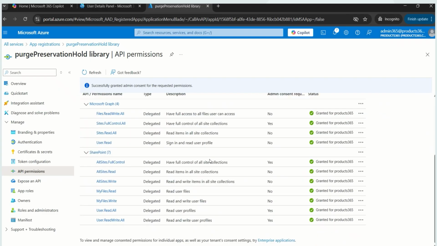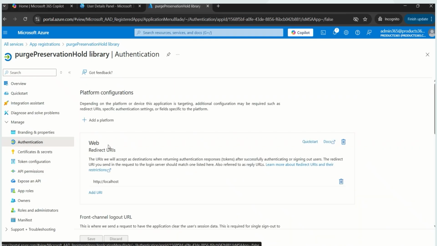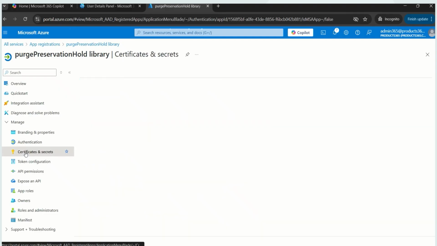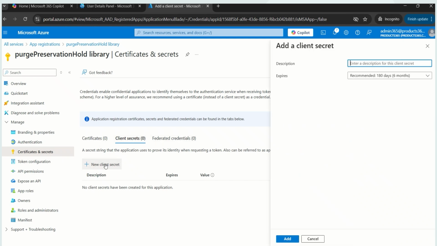So after that, the next thing we need to do is let's go back to authentication. Okay, we have our redirect URL configured, and we also have allow public client set to yes. So the next thing is to configure a secret. Once we configure the secret, we don't need a certificate for this. Just click on add secret. Let's call it the same name, secret